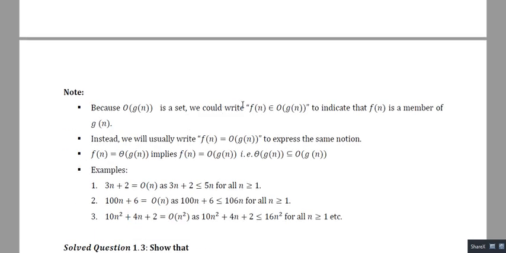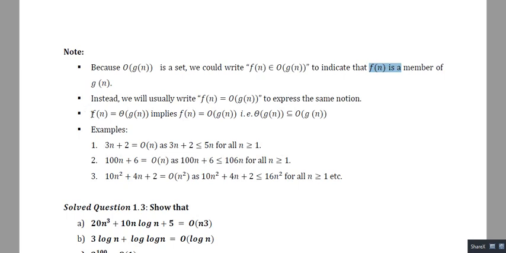right? So if f(n) is equal to big O g(n), then also using set notation we can write f(n) is a member of big O g(n), or f(n) belongs to big O g(n). So it is obvious that if f(n) is equal to theta of g(n), then we can say also f(n) is equal to big O g(n), because theta means it is finding both asymptotic upper bound and lower bound. So if we are finding both, it will definitely have some asymptotic upper bound. So f(n) is equal to theta of g(n) means it is always obvious that f(n) is also big O g(n), right?